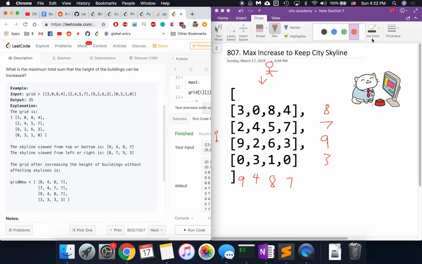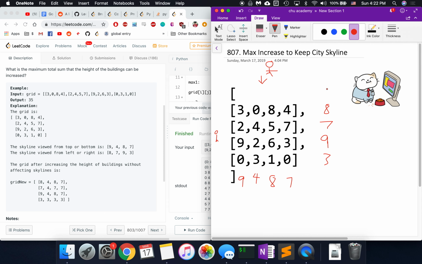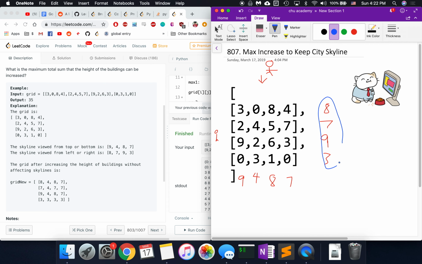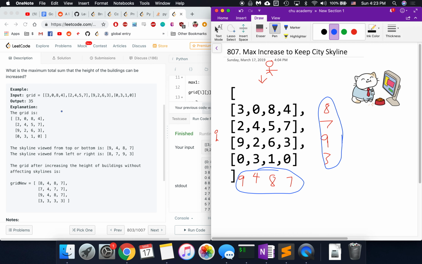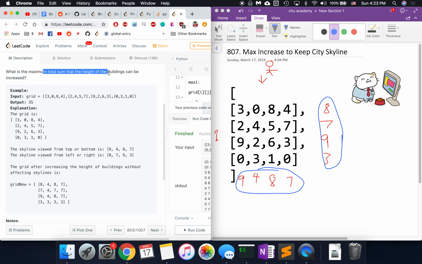So you can do this in a two-pass solution. The first one will be to find the heights of the max buildings for either the row or the column, and then the second pass can be to find the max total sum of the heights of buildings that can be increased. So what that means is,